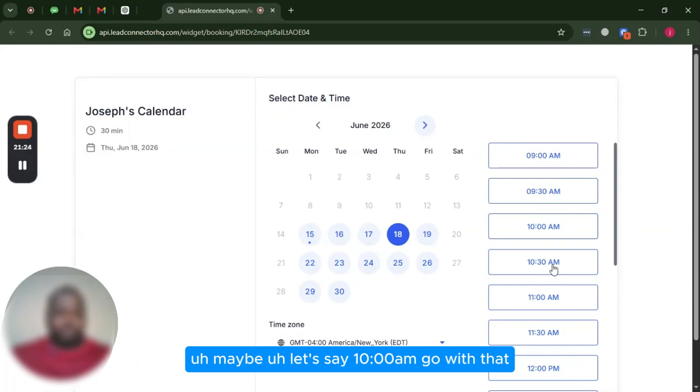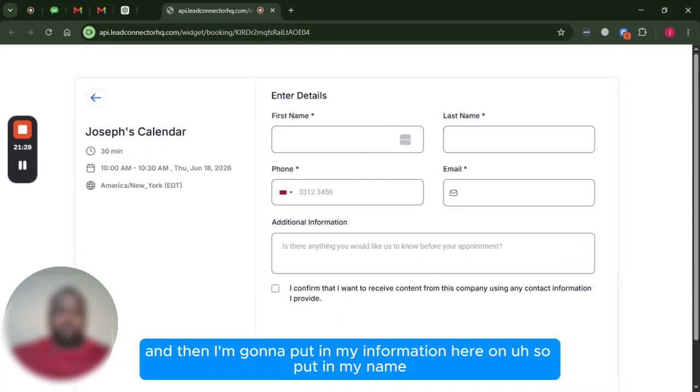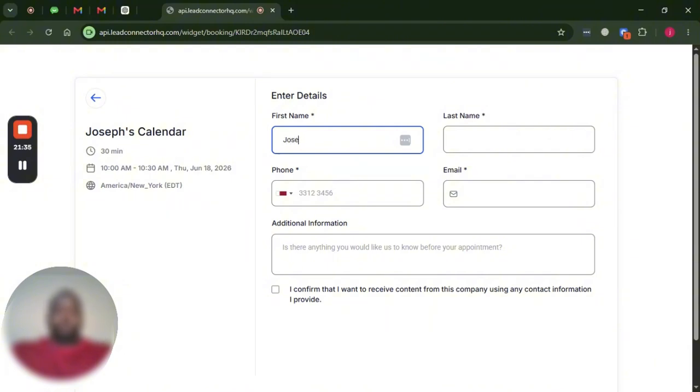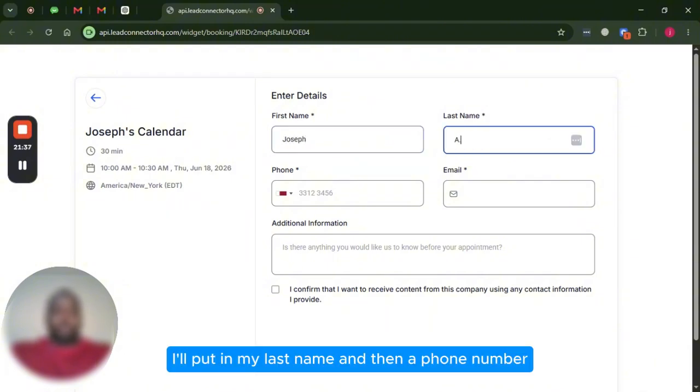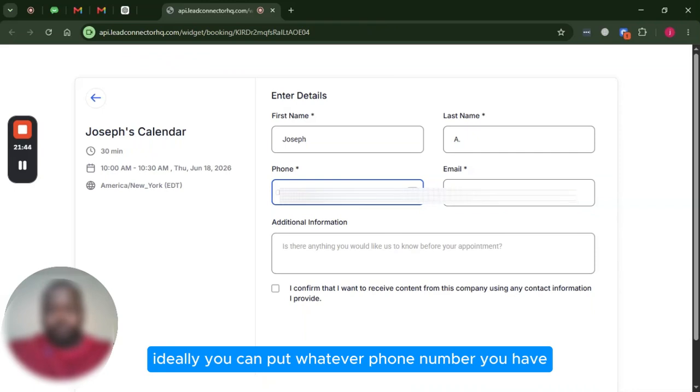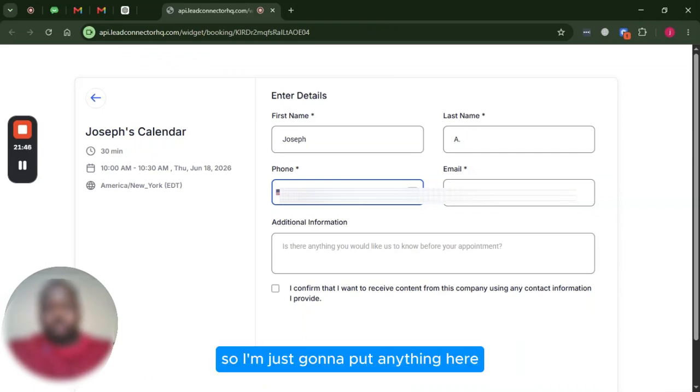maybe let's say 10 a.m. We'll go with that, and then I'm gonna put in my information here. So put in my name, I'll put in my last name, and then a phone number. Ideally, you can put whatever phone number you have. So I'm just gonna put anything here,